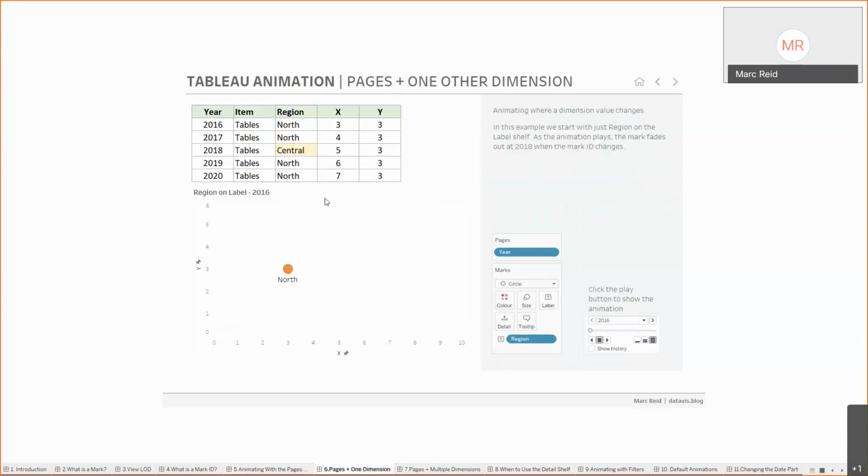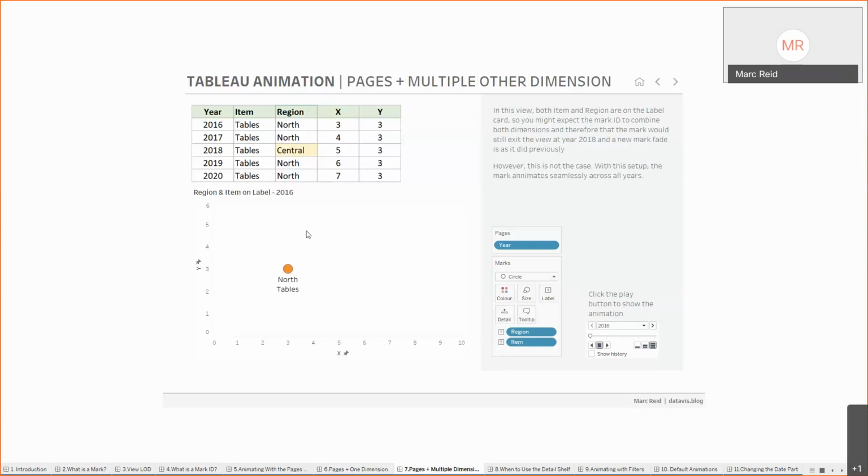Okay, in this next example, I've just changed one value in one of the dimensions in the region. I've changed it from north to central. So when we animate this now, I only have region on the marks card here. Year is still on pages, so that won't be included in the mark ID. So this would be the only dimension that's considered, and therefore we have a change, so the mark ID will change. But now you're going to see that this mark does fade out of view and come back in again. Okay, I'll just play that back. So what you're seeing is it goes through here, the mark ID doesn't change, so it's smooth animation, and it fades out, fades back in, and then the smooth animation where the mark ID doesn't change.